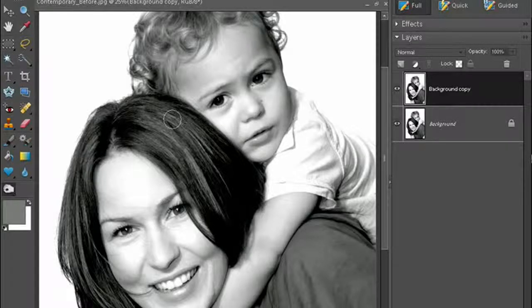One final thing, if your background didn't turn out completely white without burning out these highlights on the faces altogether, once again we can use the dodge tool here set to highlights to really burn away any tone left in this background, and obviously with the range set to highlights this will only affect the highlights, so we can use that as a really effective way of brightening that background. Okay, so have a go at that to create your contemporary high contrast